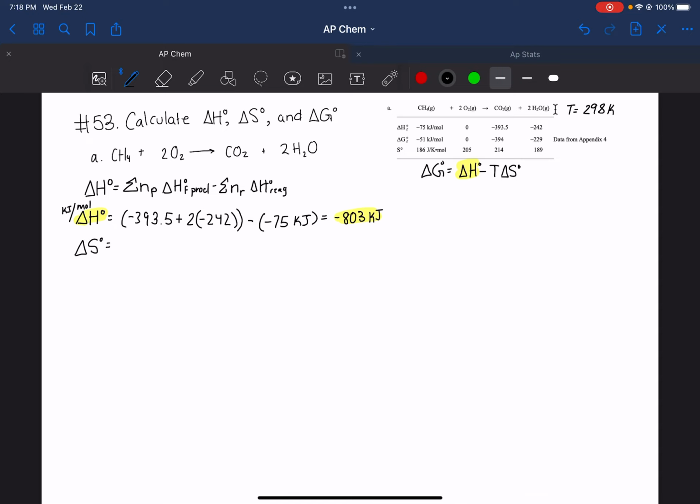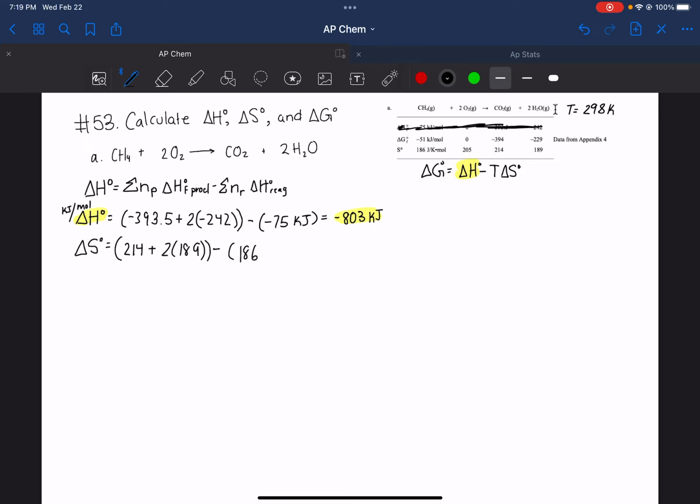Basically the same idea. For entropy, you're going to do a summation idea. I'm not really going to rewrite this whole idea here, but you get the point. So now, instead of using delta H of formation, I'm literally going to cross that out. We're going to use delta S. So we're going to start again with the products. We have CO2, which is 214, and there's only 1 CO2. So 214 times 1, or just 214, plus 2 times how much water is, which is 189, and then that minus 1 CH4, which is